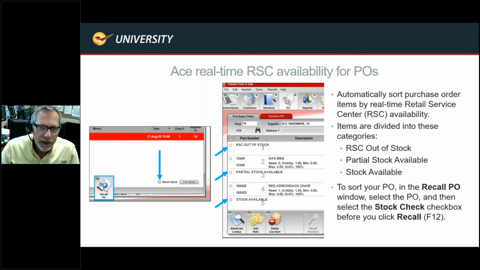So this is looking at the distribution services or centers, the retail service centers, and it's going to give you a real-time number as to how much do they have in stock. And what this will do is we'll itemize the out of stocks in your PO. This is really cool. The partial stocks available. I know some of you on the phone right now are using this feature, Joe.